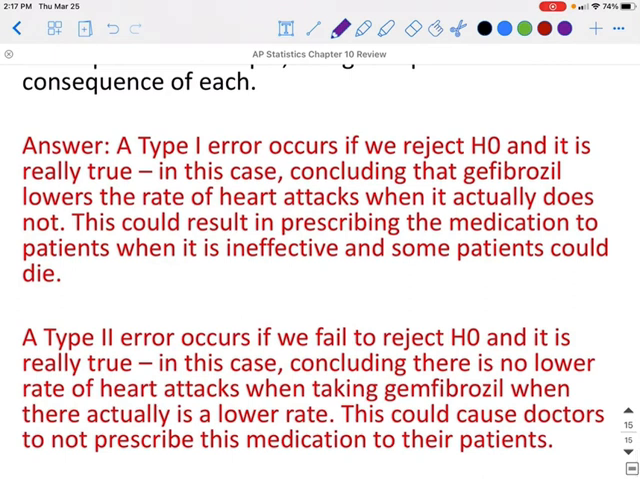A type 2 error occurs when you fail to reject the null hypothesis and it's when it's actually false. That should say false, not true. In this case, this would be concluding that there's no lower heart attack rate when taking the drug when there actually is a lower rate. This could cause doctors to not prescribe this medication